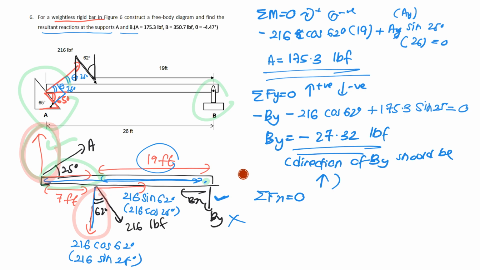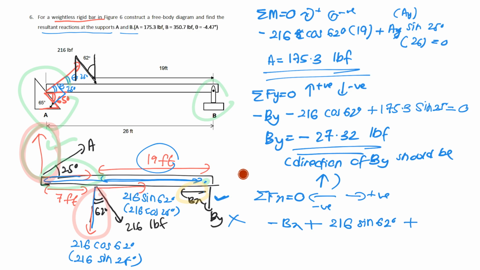Okay, the next one is sum of Fx equals to 0. So we focus only on the x component, which I assume right is positive and left is negative. So now my Bx I assume is to the left. Okay, so negative Bx, and then for the 216 is basically to the right, so you put positive over there. 216 sine, I'm using 62 degree. If you use 28, then you need to use cos. Don't have to multiply with the level arm, and then plus